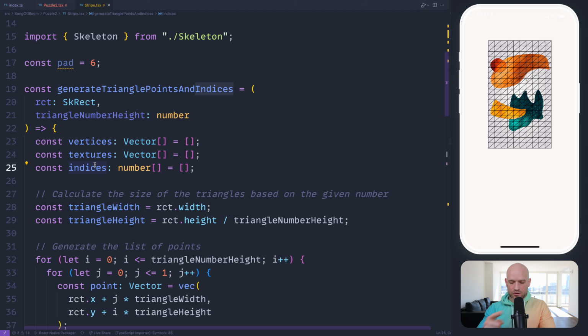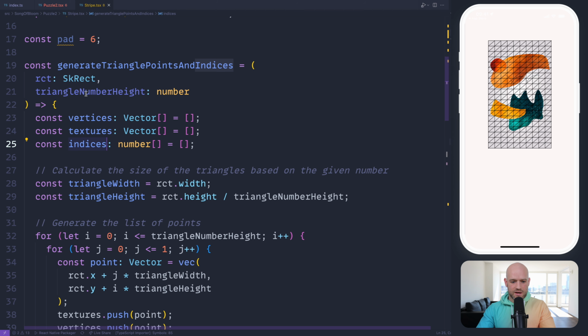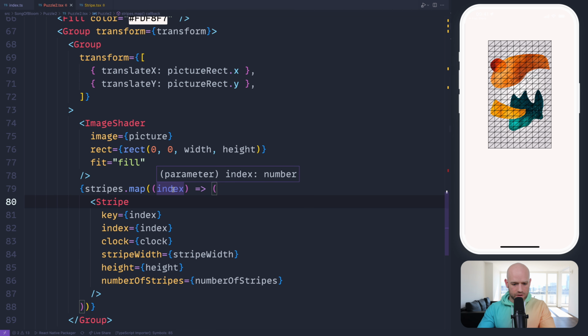Then, to not repeat the points when we give the triangles, we just give the index in the vertices to give the list of triangles. As a parameter, we give the number of triangles we want to divide the height into. For one column in the width, we have only one triangle, but then we divide by a certain number of triangles on the height.